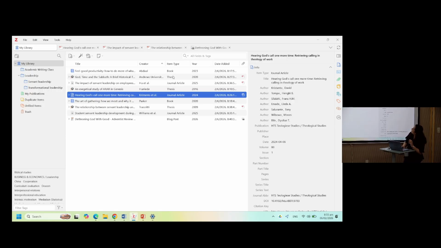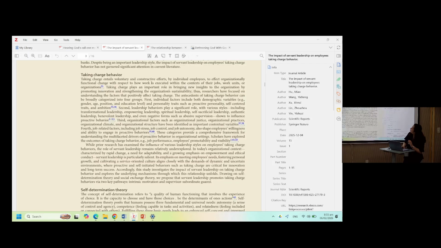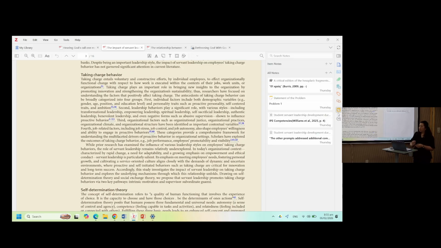Let's try this article here. Now, for you to add notes or annotations or your quotations, we will be going to this icon right here, the yellow one. It looks like a notepad.